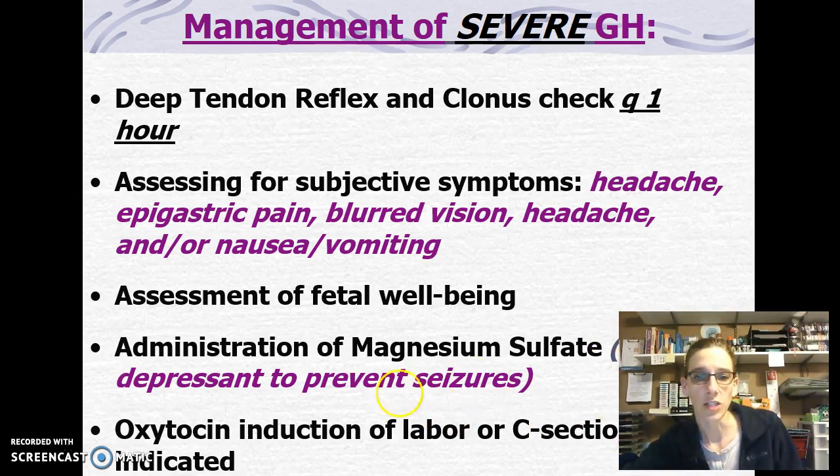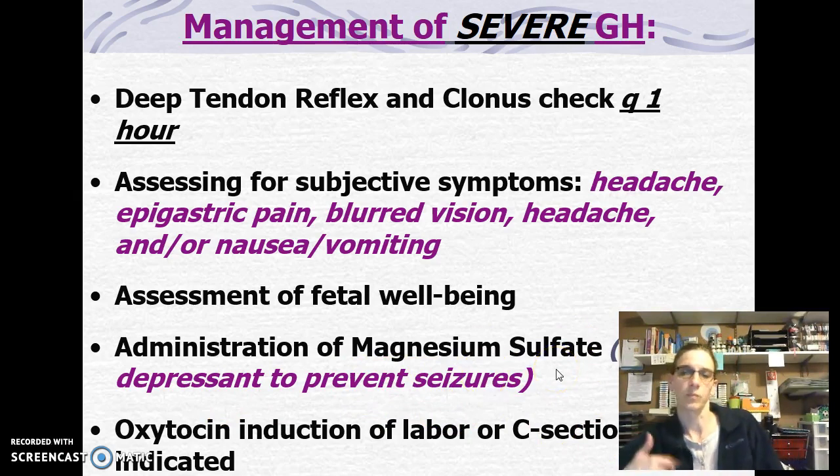So you need to be sure you understand about this magnesium sulfate and why we're giving it to these patients. It's not decreasing their blood pressure, I guess is what I'm getting at. So we're giving them mag sulfate, and we're also giving them other blood pressure medications to decrease their blood pressure because the magnesium sulfate is not decreasing blood pressure at all. What it is doing is trying to prevent the